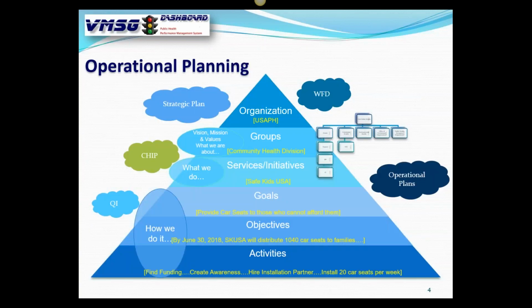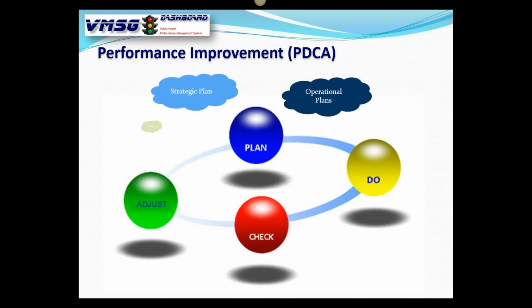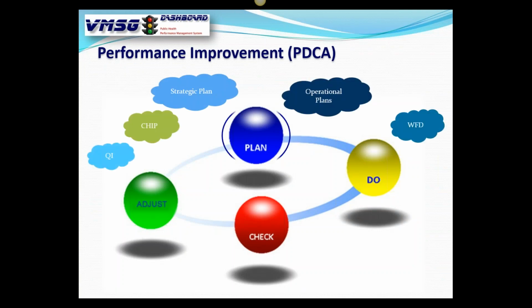So now let's go back to here and say, okay, what are we going to do with this? The first thing we're going to do is create the plan, which you just saw. So the plan goes all the way down to that activity level. Number 2 is we're going to execute the plan. And we're probably going to execute that plan for maybe a couple of months to start with as we're ramping the program up. During this whole time, the system is communicating with our external partner, Andrea's car seat installation, and basically